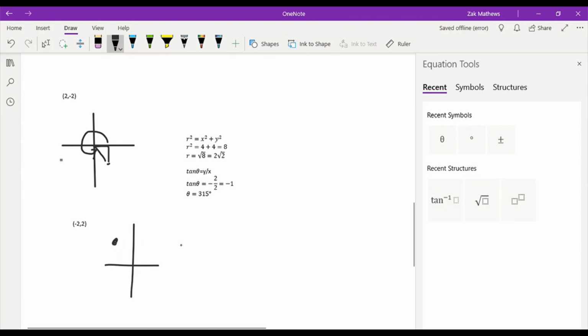So we can't use necessarily what the calculator gives us. We need to think about where these things are placed, and that's why I recommend drawing a picture first. If we think about negative 2, 2, it is in that second quadrant, and so, yes, when I take the inverse tangent of the negative 1,